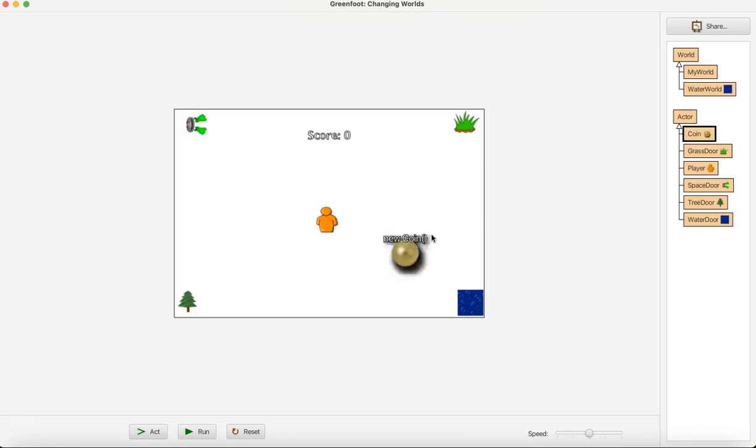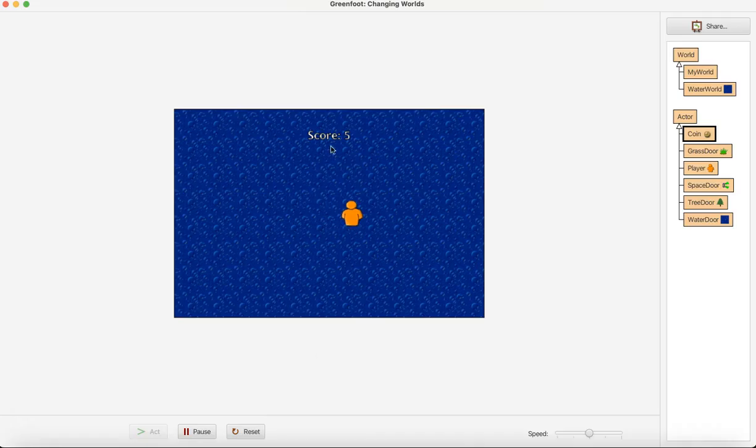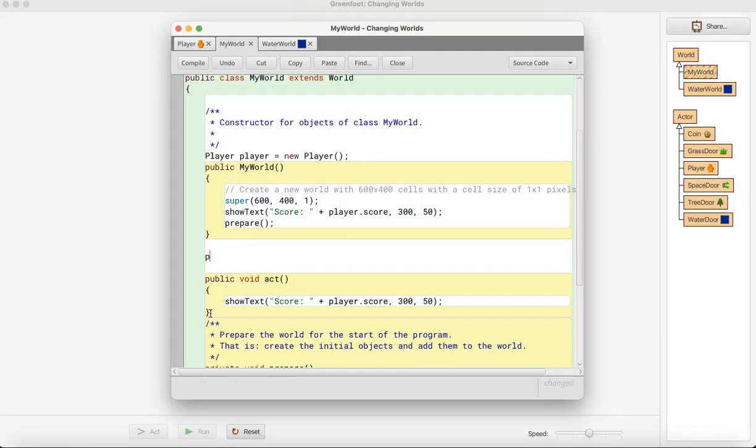So now we add in a couple coins. And this is great for some sort of inventory or something that you're changing worlds, but you want to keep some of the same values. Pass it in. Now our score is 5, and we hold on to that. And this is literally the same player that is from the other world. So if you want to go back to your my world,